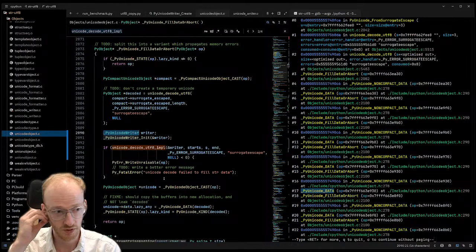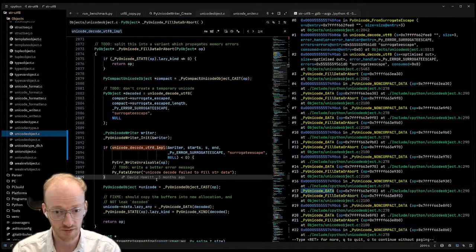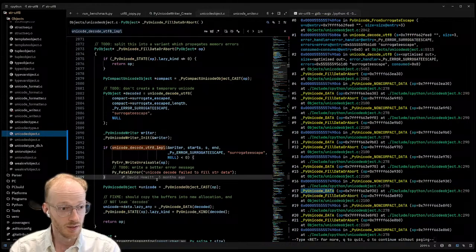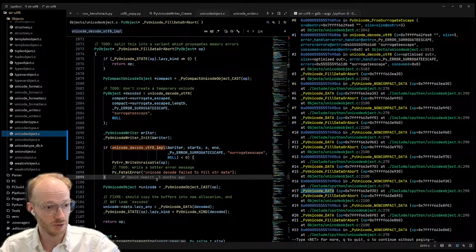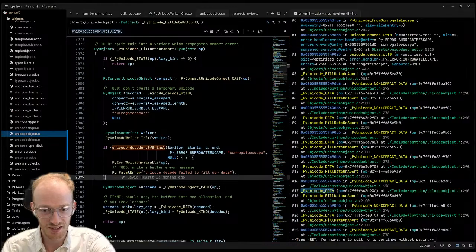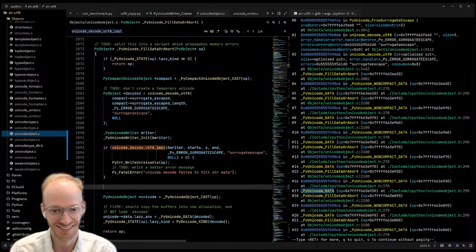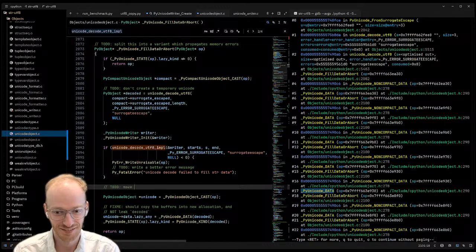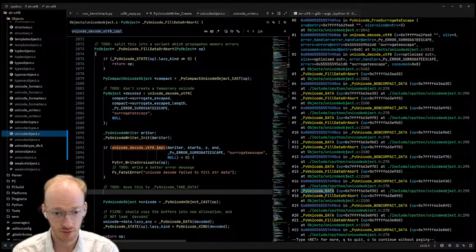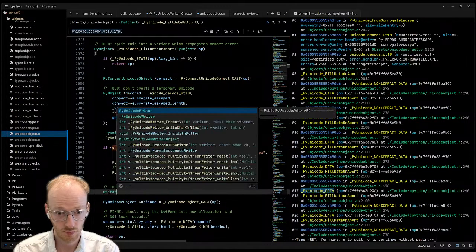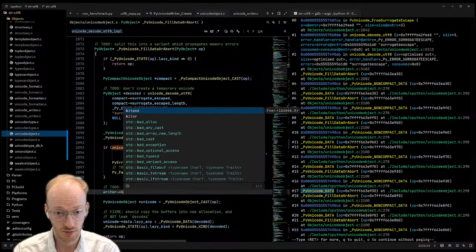I think we just want to steal the buffer out of the new object and then clear it. I think we want some evil like Unicode object take data. Yeah. So I think we will do buff.